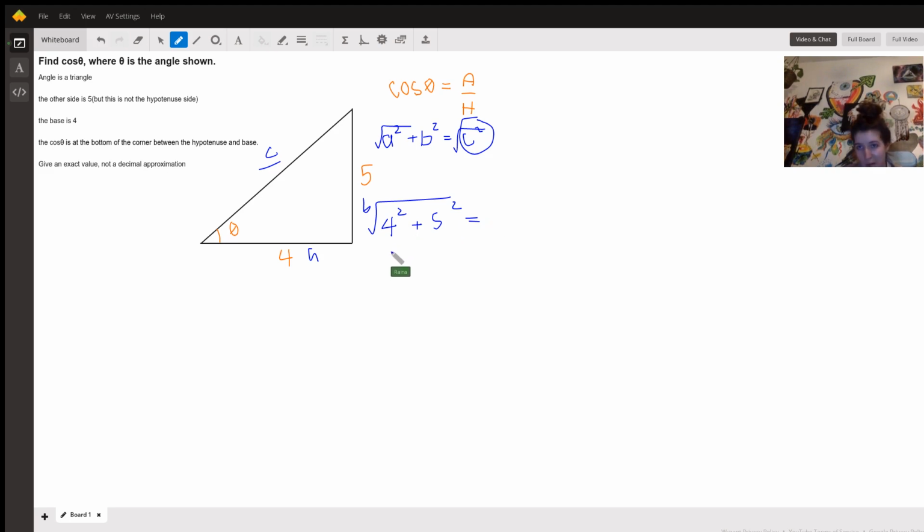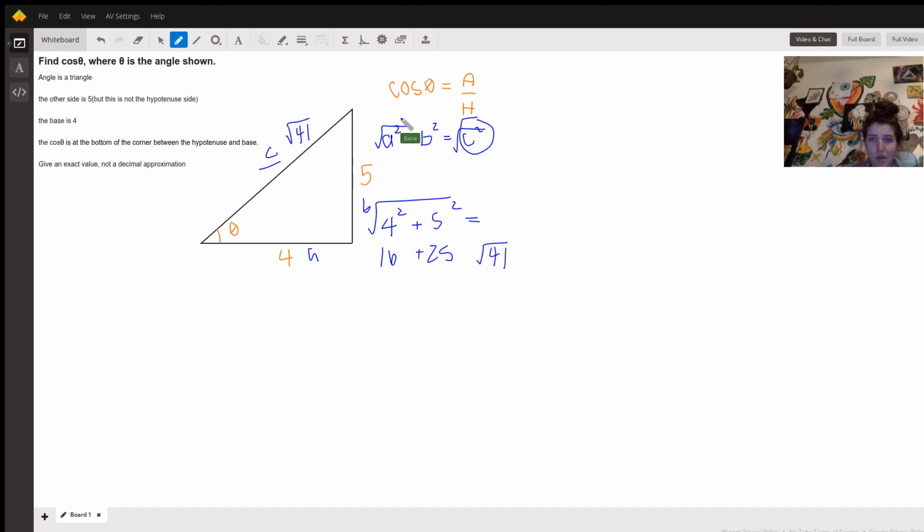So 4 squared would be 16, and 5 squared would be 25. So 16 plus 25 is 41, which the square root of is a decimal. But if you want to be exact, the value would be the square root of 41 is this